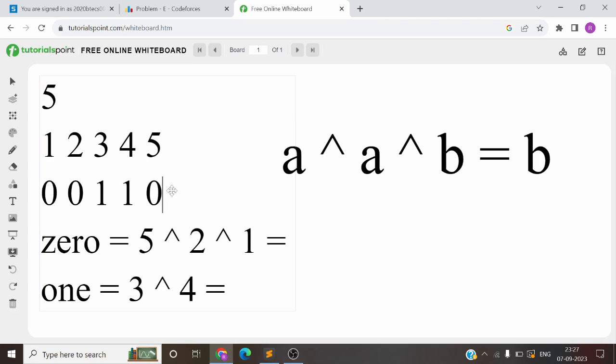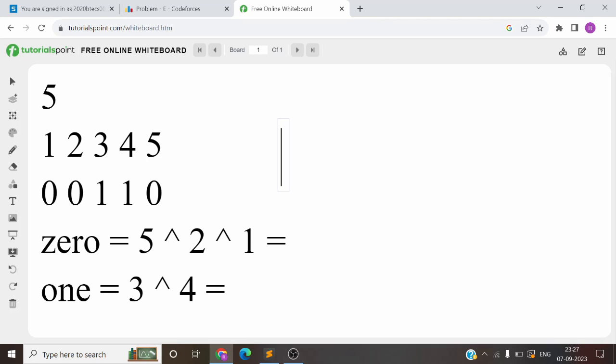सपोज मैंने आपको एक रेंज दे दी, मे बी एंटायर रेंज दे दी, और मैंने बोला कि इनको स्वैप करना है। तो व्हेन यू विल स्वैप तो क्या होगा, जीरो के जोर में से 1 2 और 5 का जोर हट जाएगा और 3 और 4 का जोर ऐड हो जाएगा, राइट। अब जो 1 2 5 का जोर हटाना है, तो अगर मुझे ए में से ए का जोर हटाना है तो मैं उसको फिर से ए से जोर कर सकता हूँ। अगर समझ में नहीं आ रहा, तो बहुत ही सिंपल सा फंडा क्या है कि सपोज अभी जो रेंज थी 2 3 4, ये तीन एलिमेंट्स की रेंज थी, राइट। इनका जो जोर आएगा वो ये होगा 2 जोर 3 जोर 4, ठीक है।